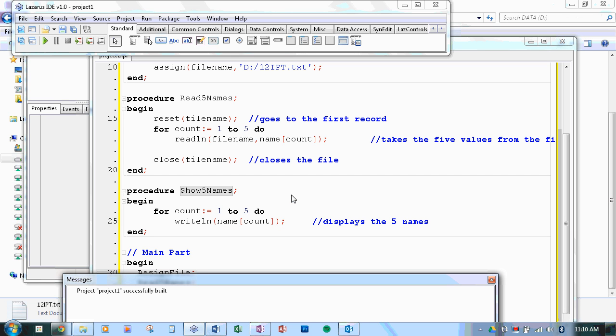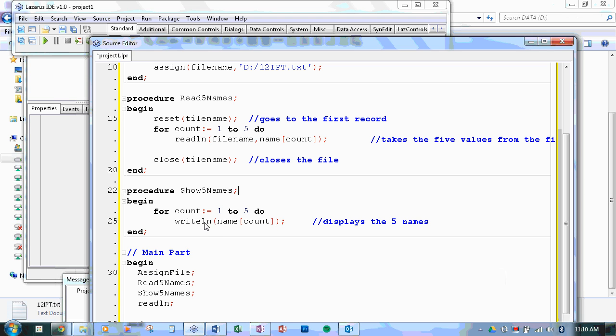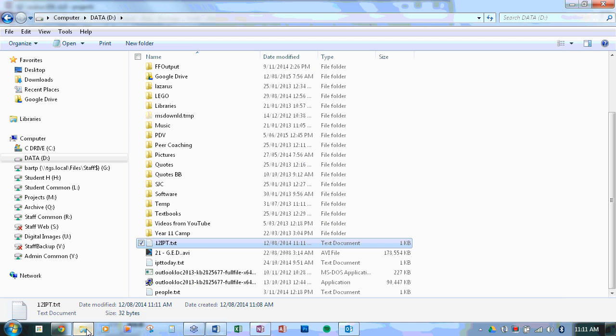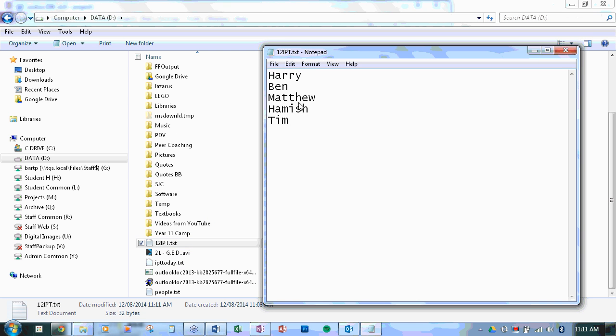So part C is simply combining that skill with what I'll show you in a sec. Ethan, if you want to read every second name, you should just go read line and then read line file name count. You could, or you could read them all but then only display every second one. I'd probably read everything in the reading bit, because you can drag it all in and then do something with it. If I go to that text file and I update it for you fellas,